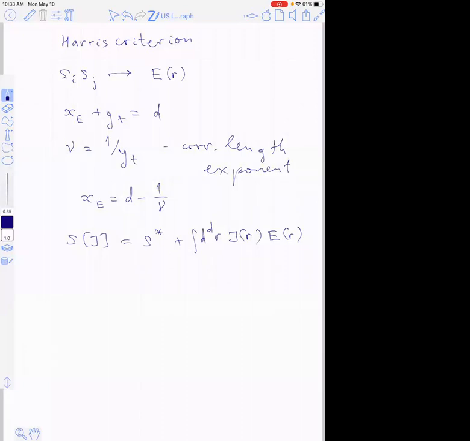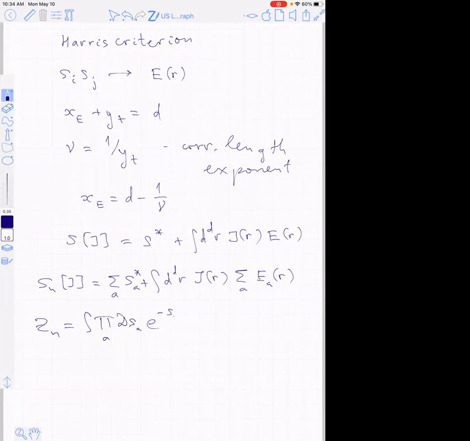And then I want to replicate this, right? So that will be now the sum over A of the replicated things. What's important in the replica formalism is that you couple all the replicas to the same disorder realization. That's necessary. So the energy is summed over, but J in front of it is the same for all the replicas. And then when I compute this partition function, Z sub n, that's going to be some integral over all the realizations of all the spins in all the replicas. But what's also important is that I average this exponential over the disorder, and I will still write this as a